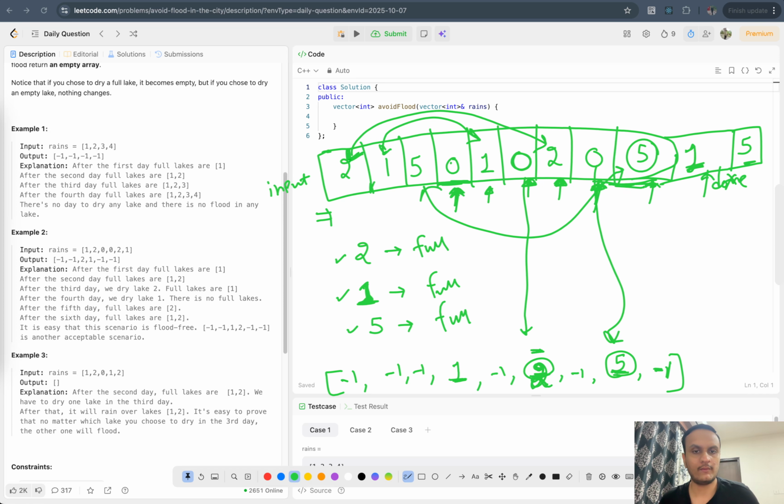So at this index of 2, let's take the example of lake number 2. Let me change the color first. At this point 2, we have a full lake, like lake number 2 is full. Then we have dried it somewhere in between. We have dried it here, so lake number 2 is empty now. Then again it's full here. And again, if this 2 comes here,